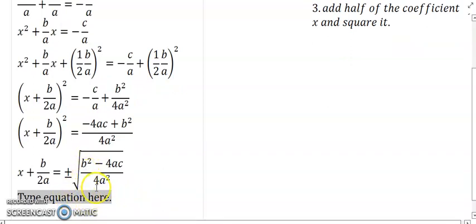The square root of b squared minus 4ac will give us minus 4ac all over 4a squared. Then if we remove the square root here, we will be left with, because the square root of 4 will give us 2, and the square root of a squared will give us a. Then here we will be left with